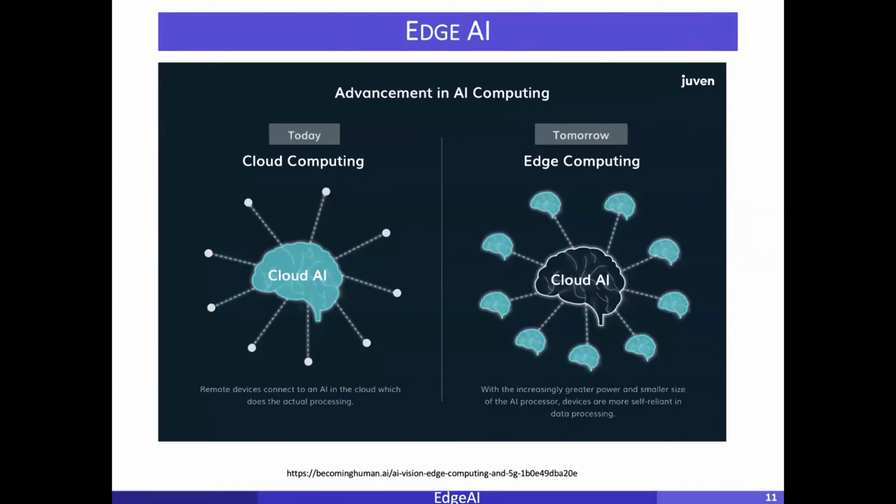So where we are going with edge computing, we have seen edge computing, right? How edge computing is going to change the AI world. So already we are experiencing it. Today every processing happens with the cloud, right? Everything you connect, your devices connect to the cloud data center, and then you send the data there, and we do the processing. And currently what we have started doing is the example, as I told you, right?